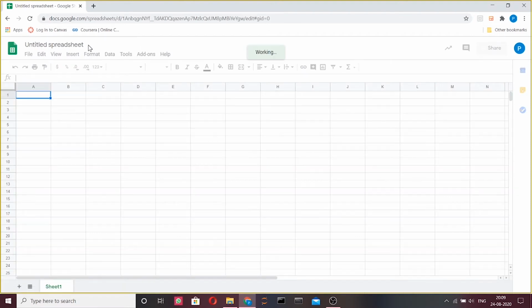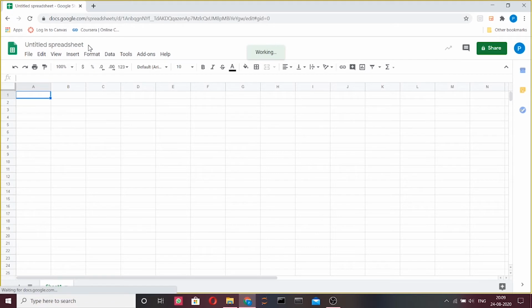By default, the name of the spreadsheet is Untitled Spreadsheet. Clicking on this allows us to rename the spreadsheet. Next, we learn how to enter data. Entering data is fairly simple. All you have to do is click on the cell you wish to enter data into and start typing. Then, once you're done, you press enter or use your mouse to select another cell. Now, to use as an example, I am just going to copy paste a little data.